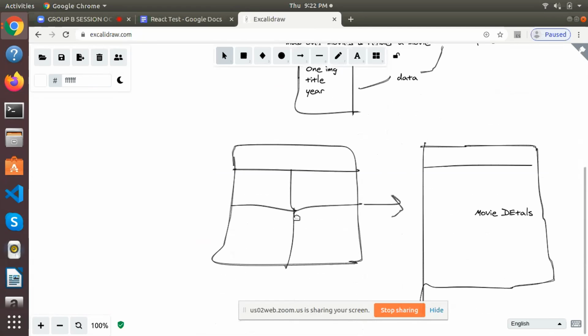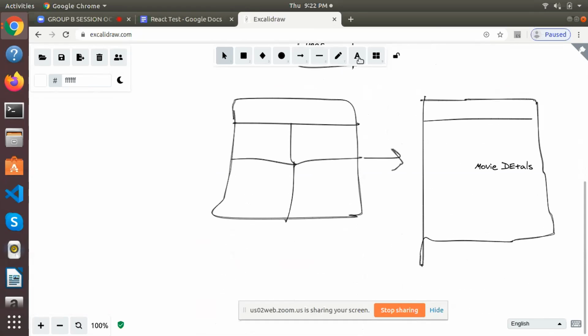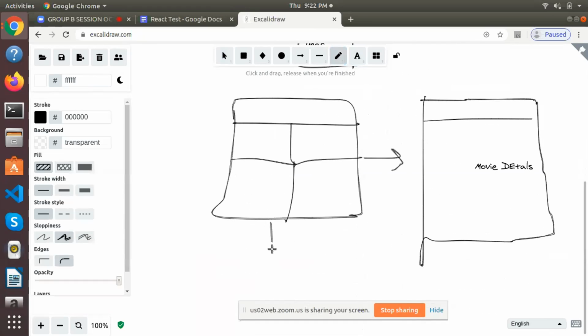So you are pretty much clear that because there is going to be one button, you have to make one onClick function that is going to be handle on click. Let's discuss what all the functions are that you are going to make here.